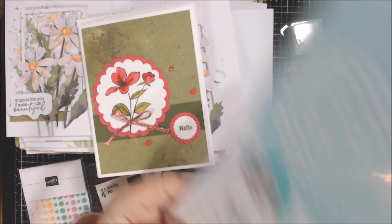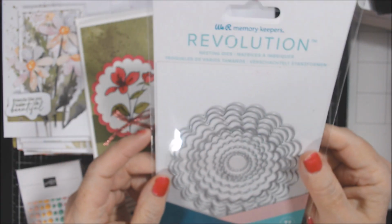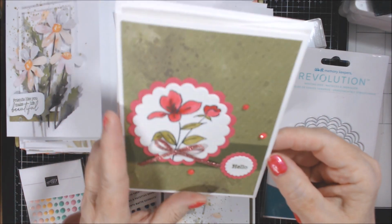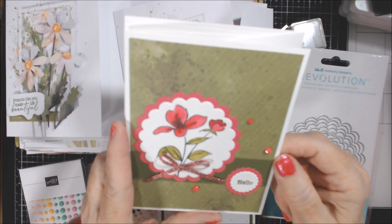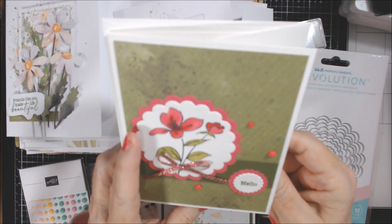So I guess 2019 or 2020, somewhere around there, is when I probably got them, which is kind of surprising because I was a Stampin' Up! Demonstrator from 2018 to 22. Anyway,